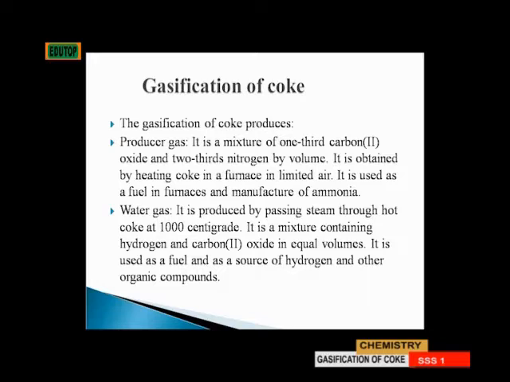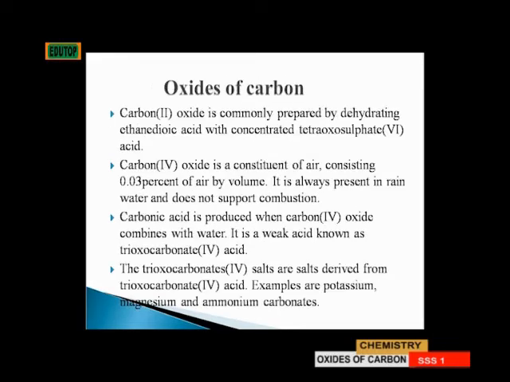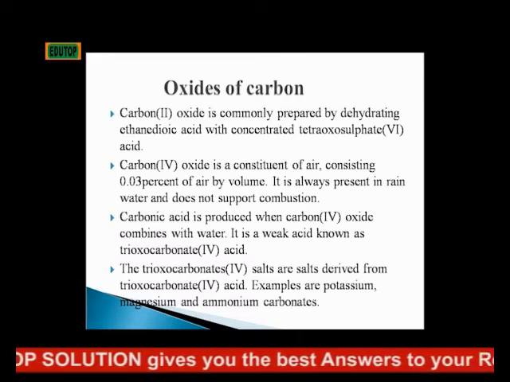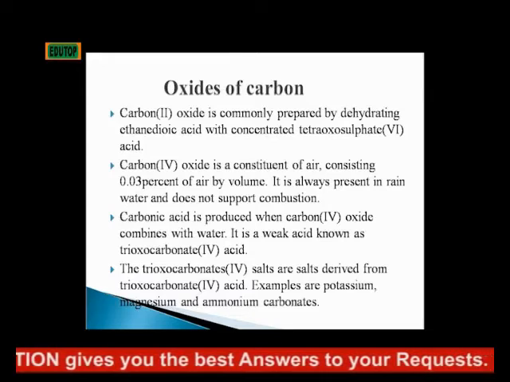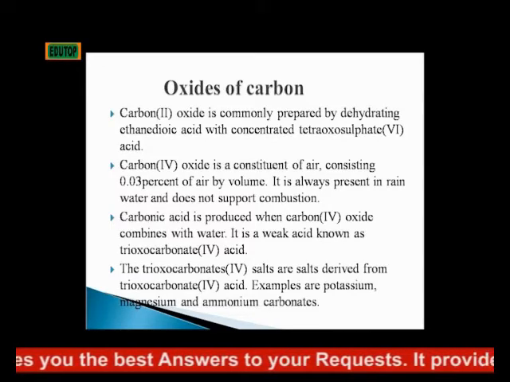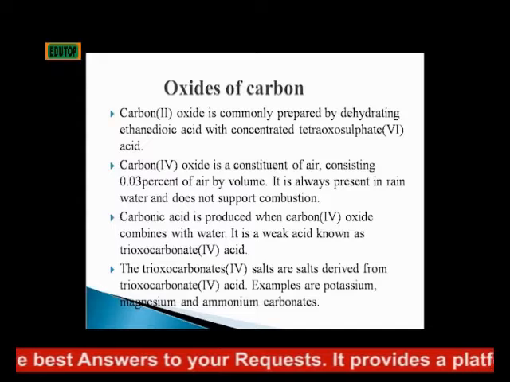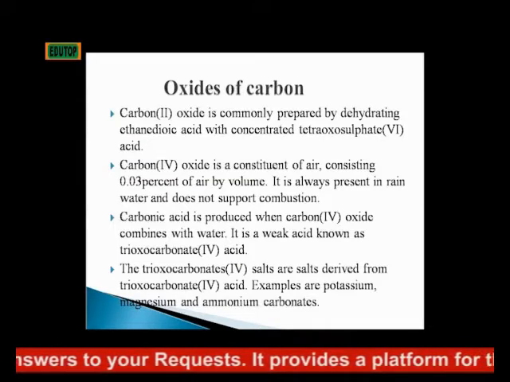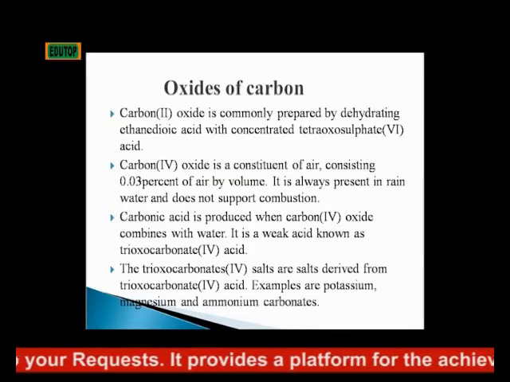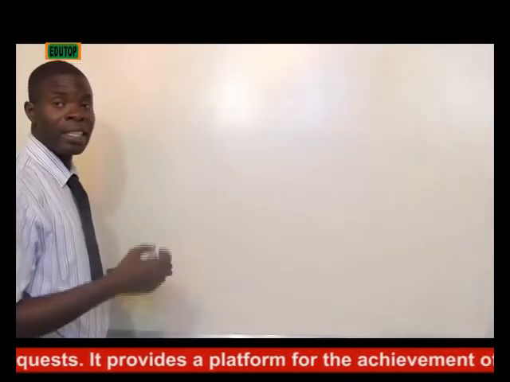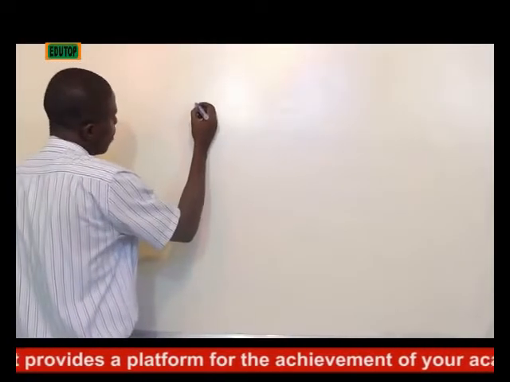It is used as a fuel and as a source of hydrogen and other organic compounds. Oxides of carbon. The first oxide of carbon is carbon 2 oxide. Carbon 2 oxide is commonly prepared by dehydrating ethane dioic acid with concentrated tetraoxosulphate 6 acid. Ethane dioic acid. This is the formula: